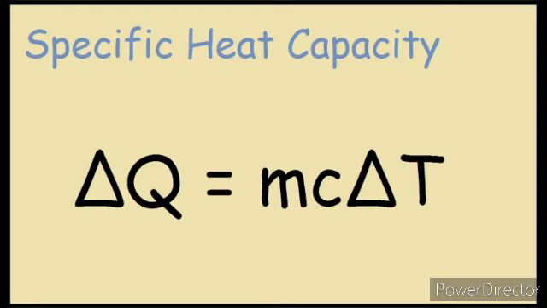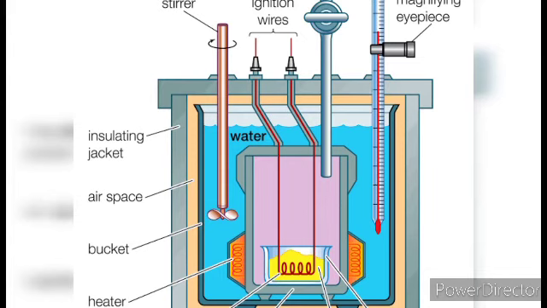Now one more thing, usually a good conductor has a low specific heat capacity while a bad conductor will have a high specific heat capacity. Now, calorimeter. A calorimeter is a cylindrical vessel which is used to measure the amount of heat gained or lost by a body when it is mixed with other bodies. Usually it is made of copper, because copper has low specific heat capacity, so the heat capacity of the calorimeter will be low.